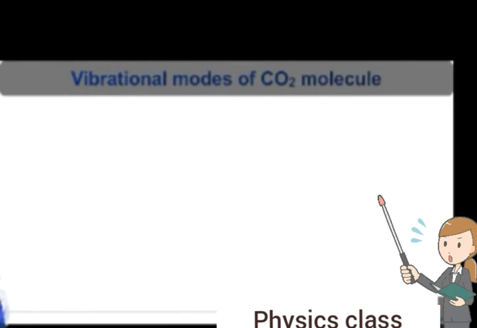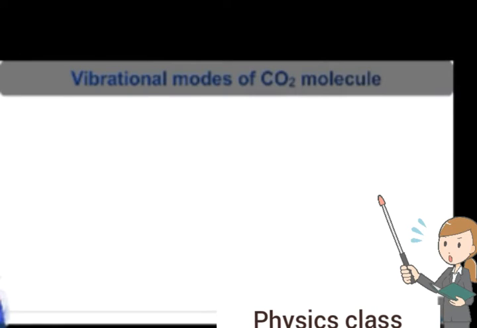Now let's try to understand how energy is transferred amongst gas molecules. It depends on vibrational modes. Let's try to understand the vibration modes in a molecule. Radiation in the infrared IR region of the electromagnetic spectrum has the energy to excite vibration of covalent bonds. The absorption of IR radiation causes bonds to stretch and bend.